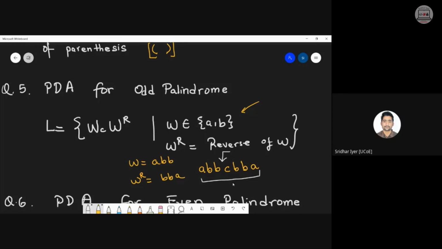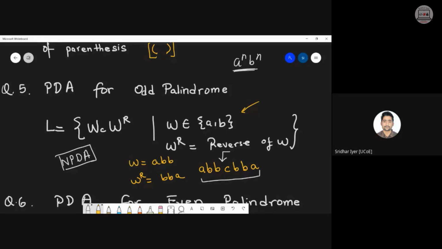Yes, it's quite similar to the previous sum. It is again based on NPDA, that is, a non-deterministic push-down automata. Again, PDA can be deterministic as well as non-deterministic. For example, problems like A raised to n, B raised to n are deterministic in nature. But the problems which don't have any particular pattern are NPDA. So what will the logic be for this? And why is it even called an odd palindrome?